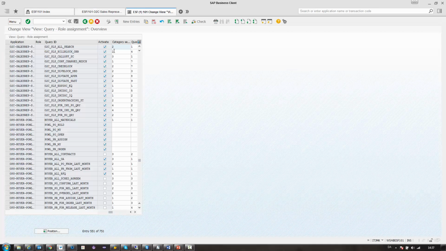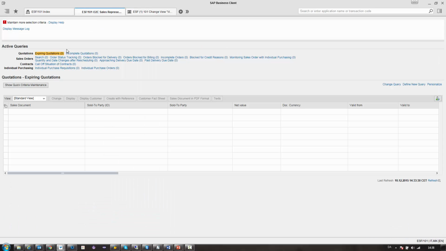So what we can do here is I have the category sequence, and then I have the query sequence number. Go down to query number 1, or category number 1, and sequence number 1. So this is the expiring document quotations, this one. Then I can go to a